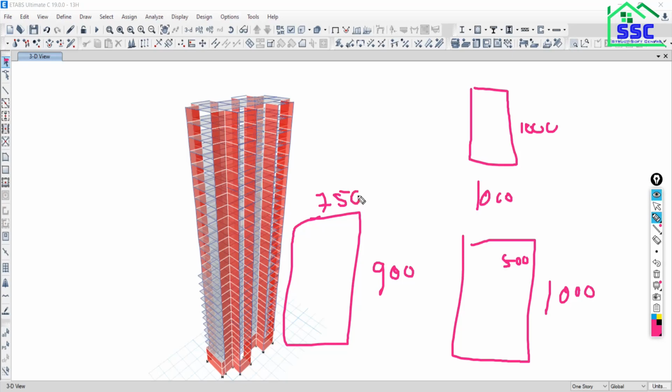So these all are the section sizes of your column. Suppose you want to select all the columns in your model whose section size is 1000 by 1000. My intention is to select all the columns of your model having the section size of 1000 by 1000.